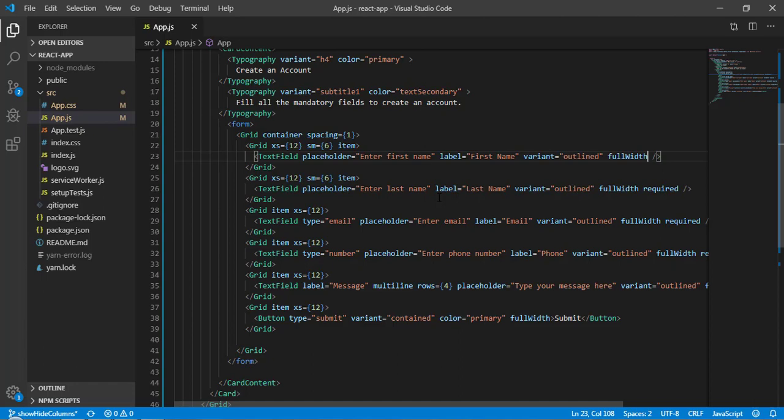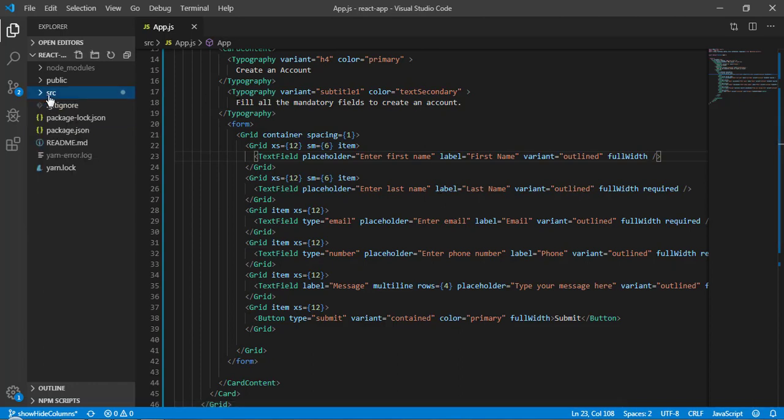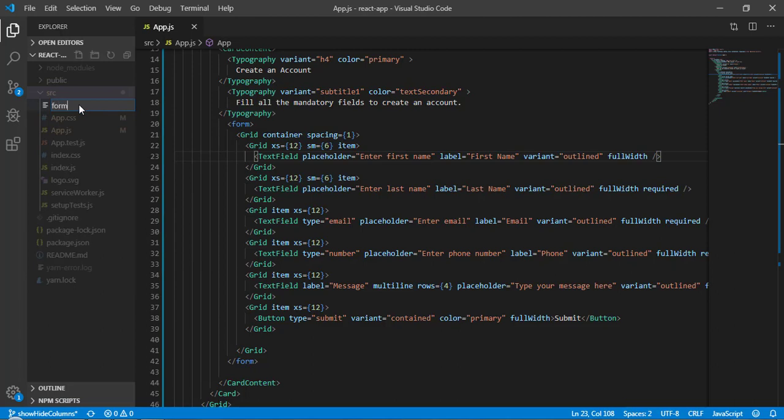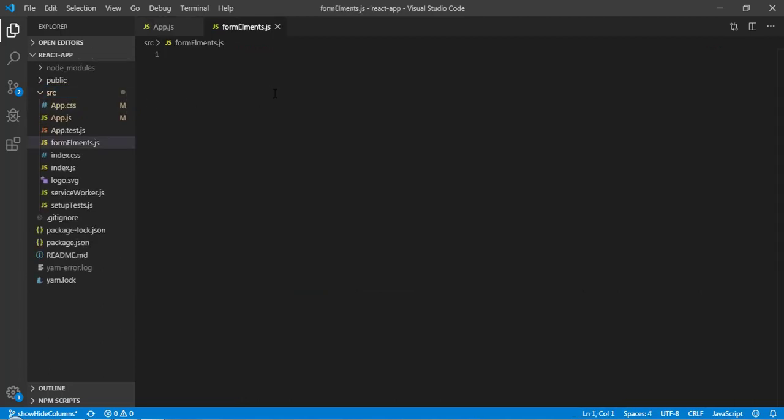So for that, first of all we need to create a JSON. Let's go to the src and create a file and call it formElement.js. Now we have to create an object and export it.